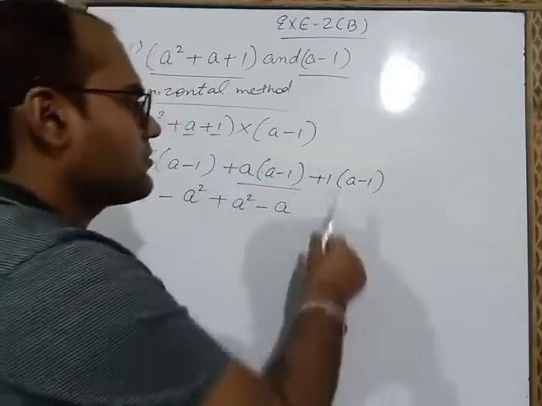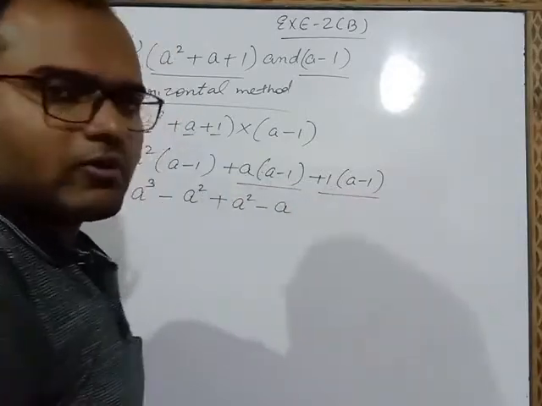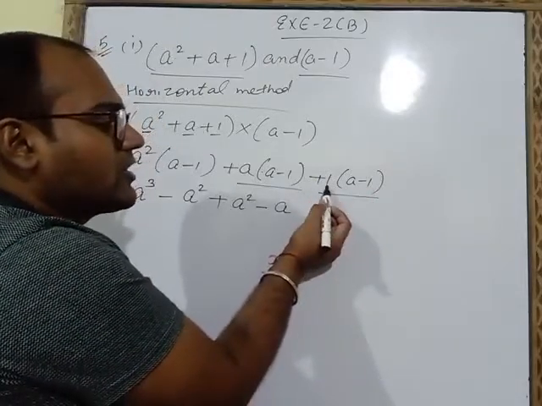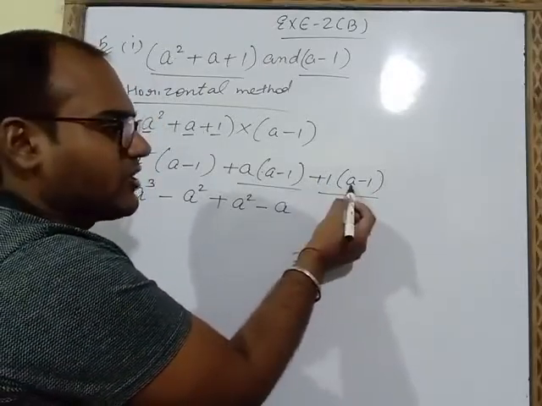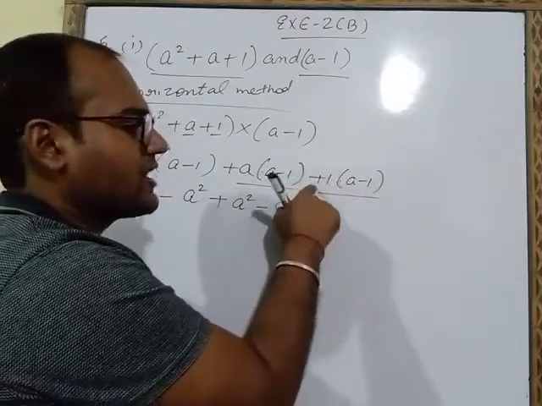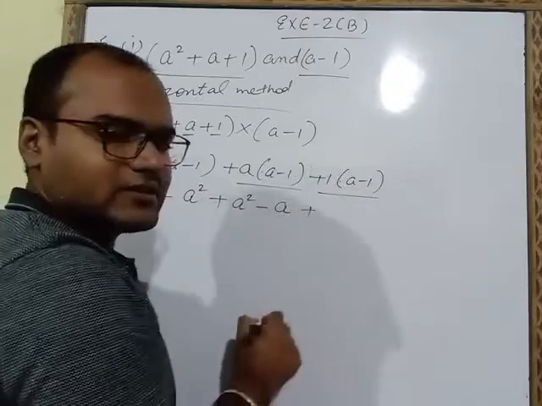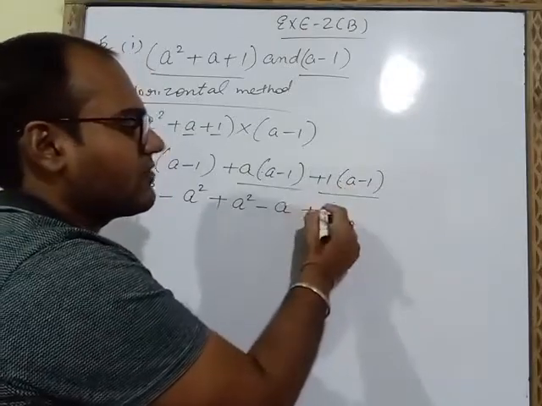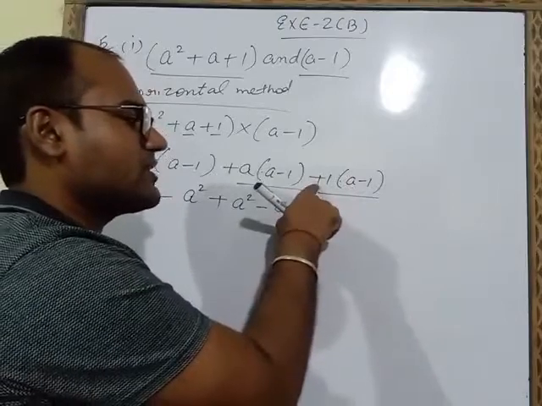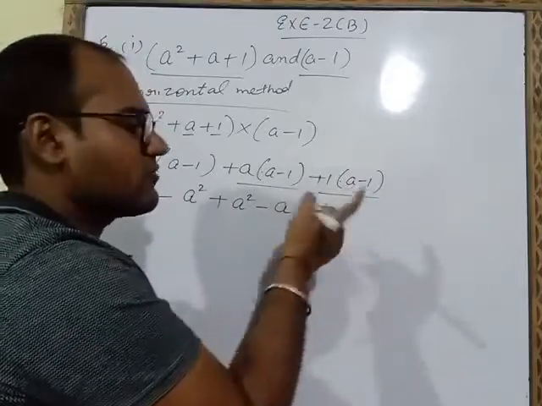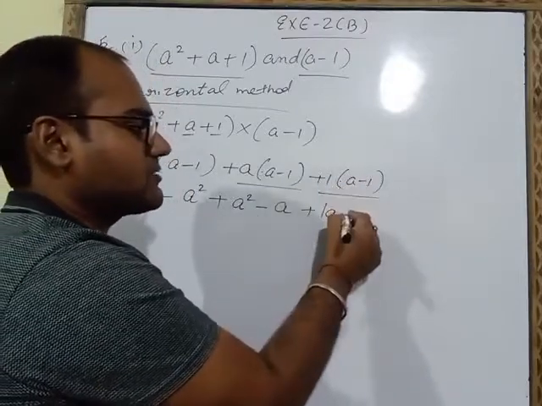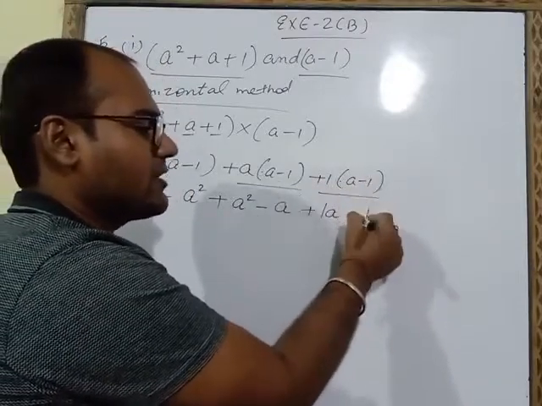Now we will come to this third product. We will open the bracket. On the left of 1 a plus sign is there. On the left of a no sign is there, that means plus is there. Plus multiplied by plus is plus. 1 into a, we will get 1a. Similarly we will multiply this plus 1 with minus 1. First of all we multiply the signs. Plus multiplied by minus is minus. 1 into 1 will be 1.